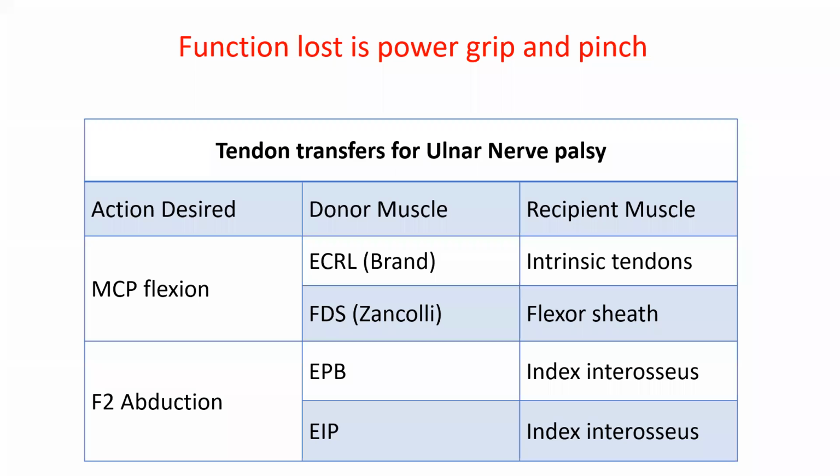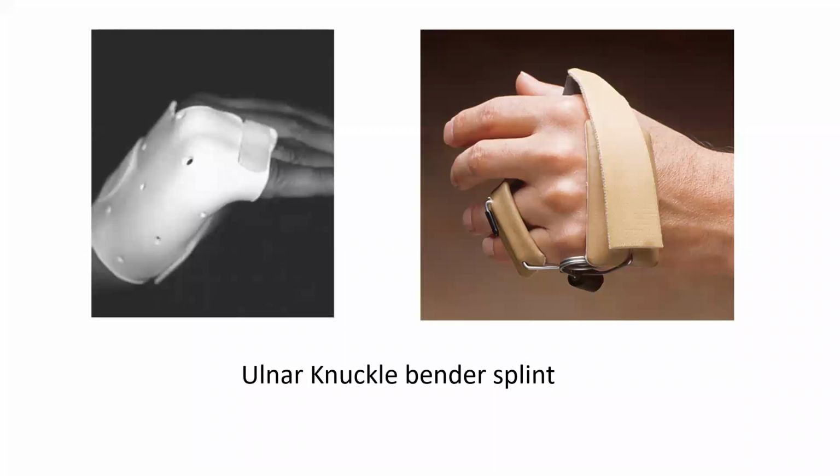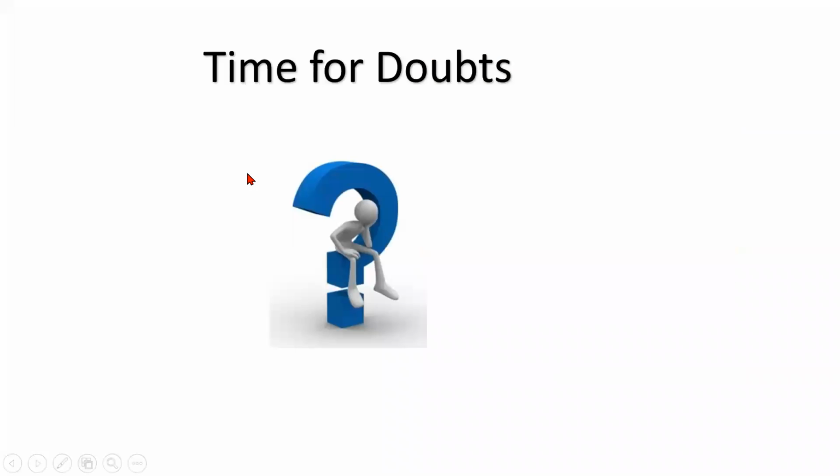in ulnar nerve palsy. Now, with regards to splint, again, since this is an extrinsic minus position for the 4th and 5th finger, you convert it to extrinsic plus position by using a knuckle bender splint involving only these two fingers. For total claw hand, you use the total knuckle bender splint. For median, you use the knuckle bender for the 2nd and 3rd finger. For ulnar, you use splints for the 4th and 5th finger, like it is shown here. This is the ulnar knuckle bender splint.